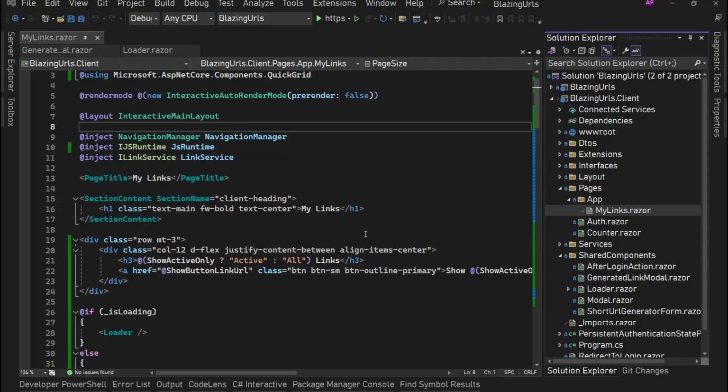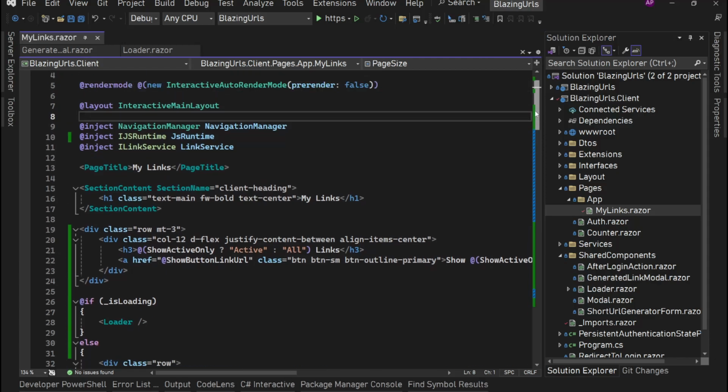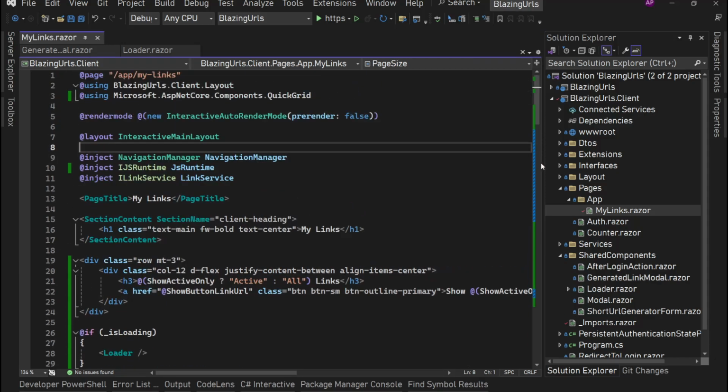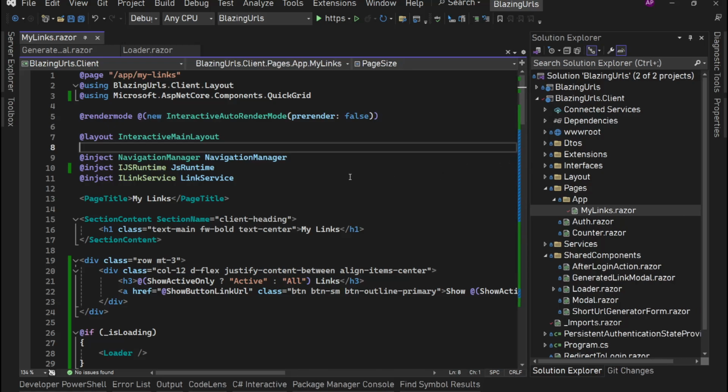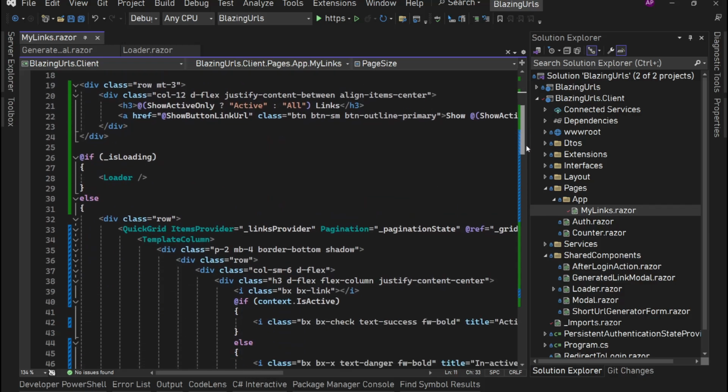So it took a lot of time, but I still am not able to figure out what the issue is. But the good thing is we have an alternative approach for this. So we have one alternative solution for this. The solution is also 100% legit. We can use it. So the thing is, when we click on these buttons,